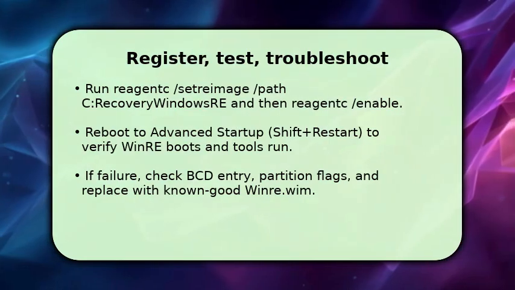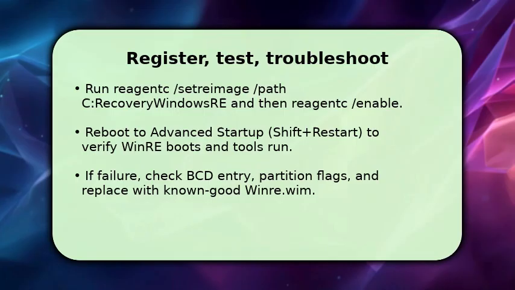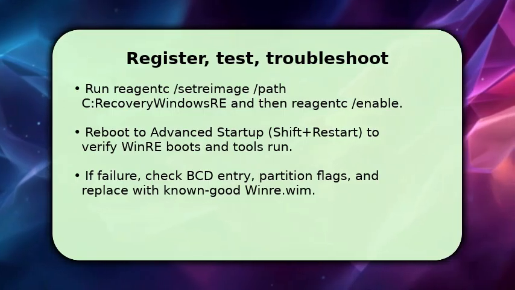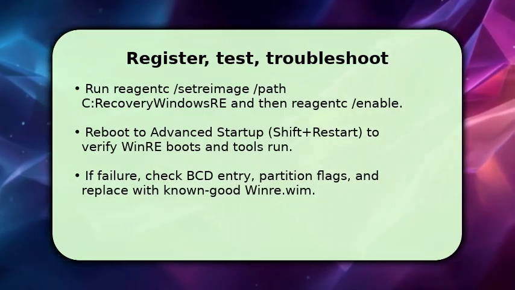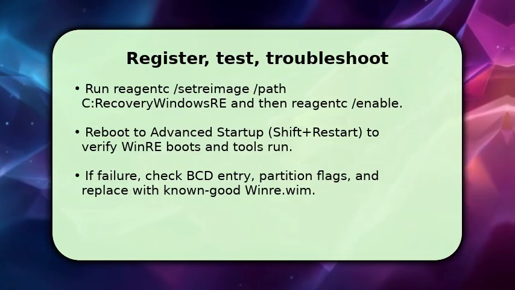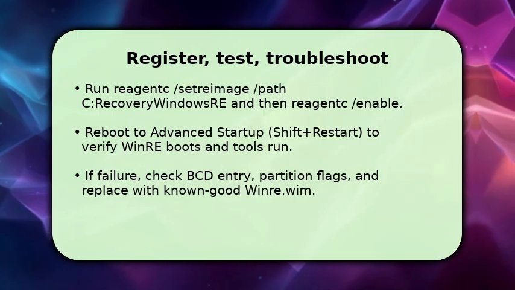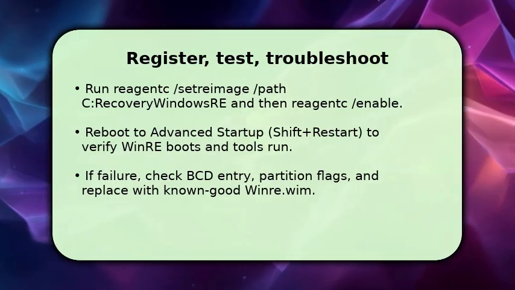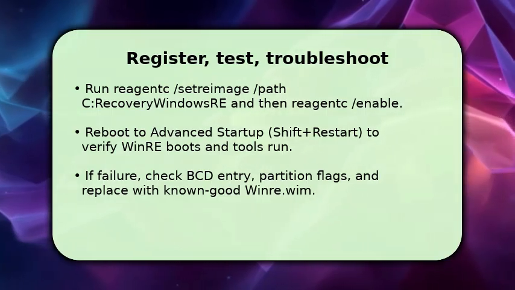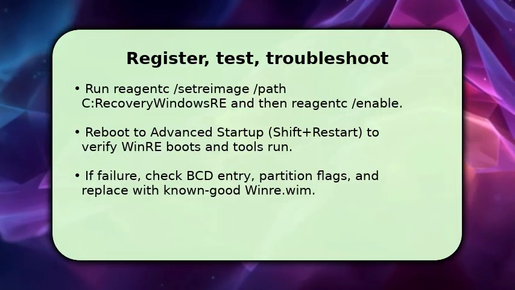You finish by registering and enabling the repaired WinRE. Use reagentc /setreimage /path \Recovery\WindowsRE and then reagentc /enable. Verify with reagentc /info. Next, reboot and use Shift plus Restart or the firmware boot menu to enter Advanced Startup and